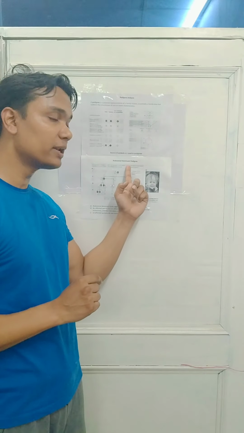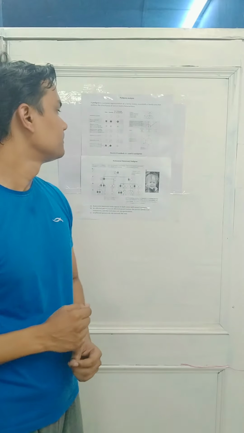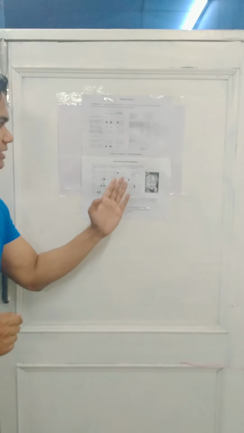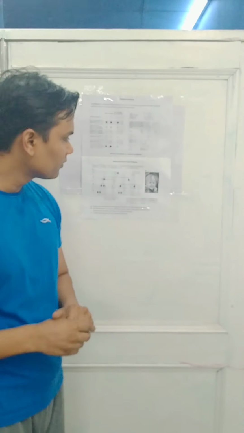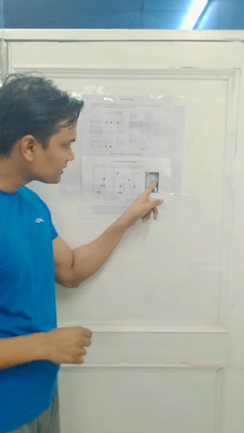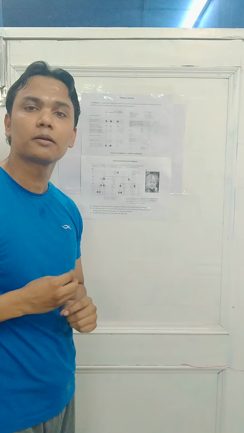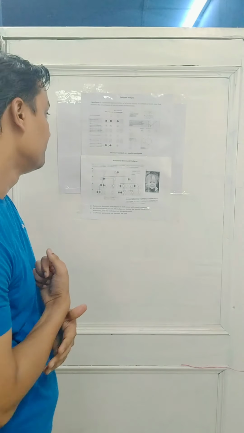And if it is a dominant trait, that means either the allele or the gene which came from the father or from the mother, any one of them, if it is mutated, you are going to find that character in the next generation. As you can see in this particular disease, this is called Waardenburg syndrome, where this child is having white hairs, a white hair patch in front of his head.